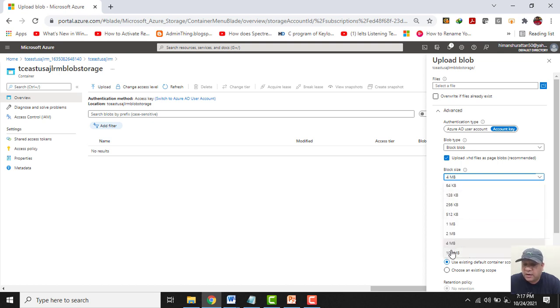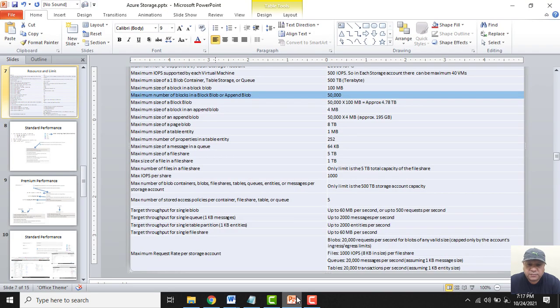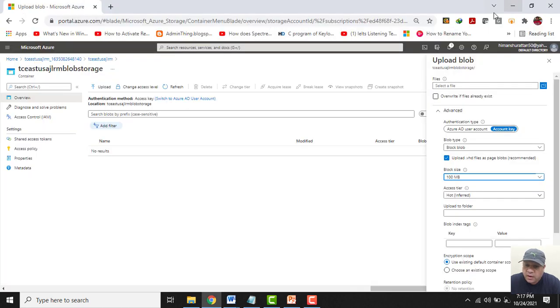And if we select 100 MB as the block size, we will get around 4.78 terabytes of space. And if we select append blob of 4 MB, we will get approximately 195 GB of space. Alright, so let's select this option, 4 MB, and let me select some blob here. I will select one file to upload.